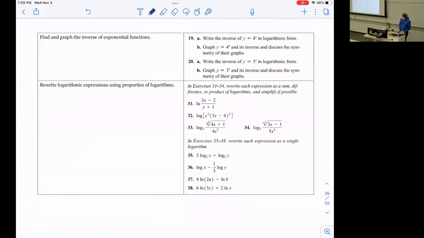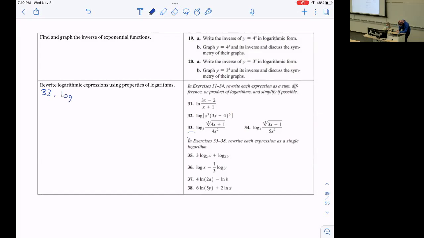Find and graph the inverse of exponential functions. Okay. Rewrite logarithmic expressions using properties of logarithms. So 31 through 38. Number 33 and 32. Awesome. We want to rewrite each expression as a sum, difference, or product of logarithms. So in 33,